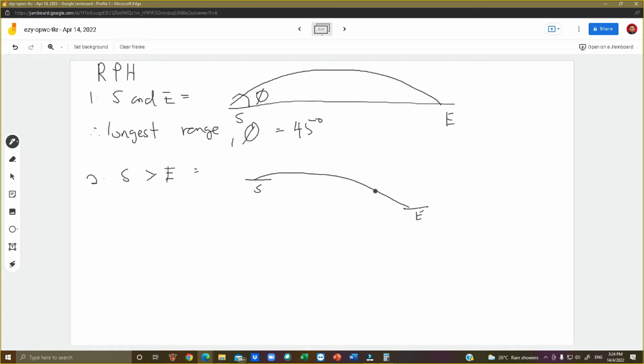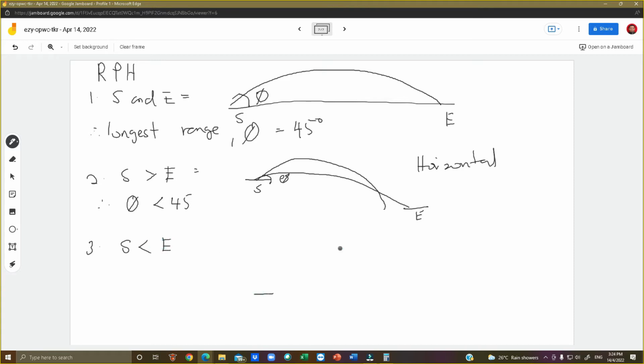So, this projection is more towards horizontal projection, where the better angle is actually less than 45. Kalau kita bagi 45, dia akan dapat macam ni. You're not going to reach the target. So you need a lesser angle. So lawan dia is the third condition where the starting position is lower than the ending position, such